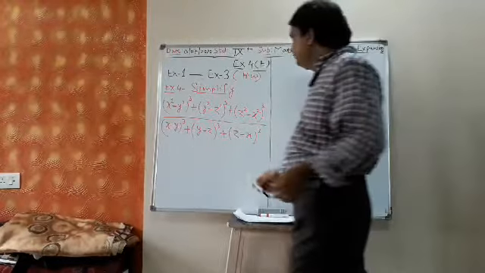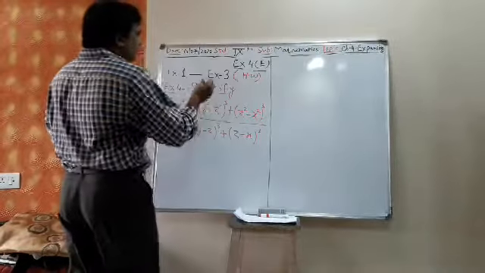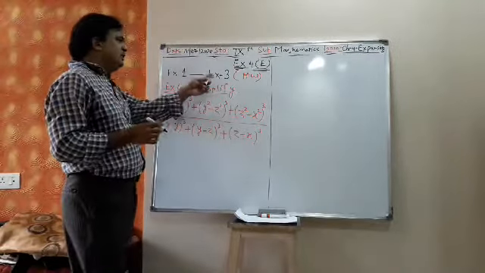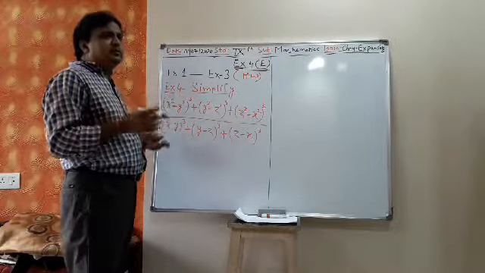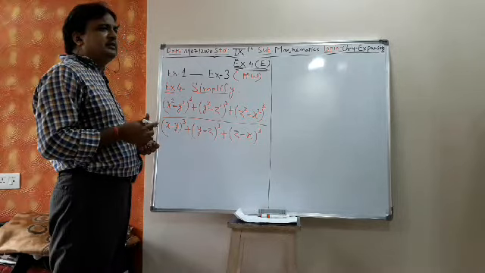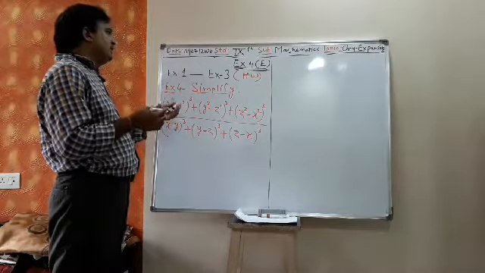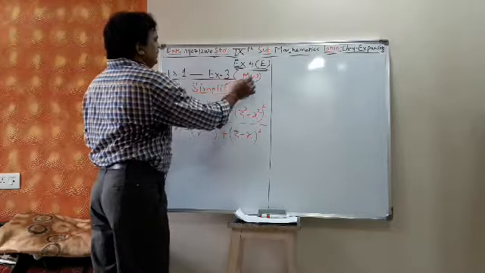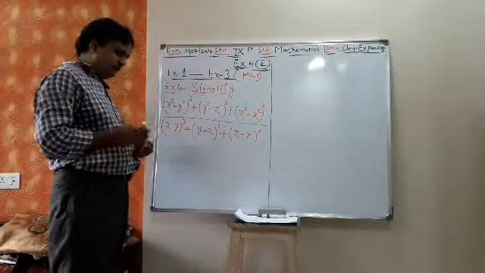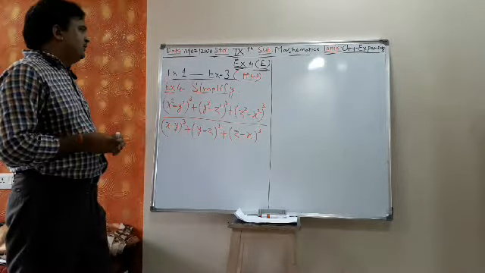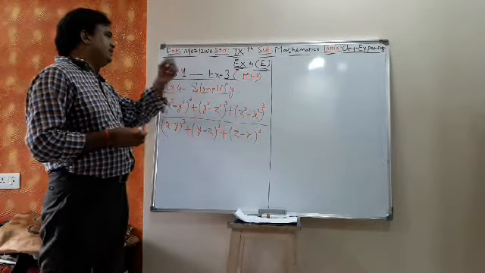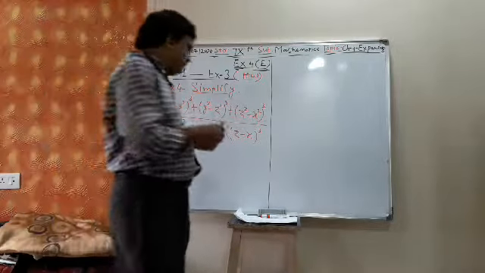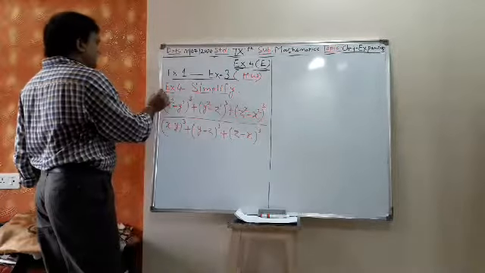Exercise 4E. Yes, mute the microphone. Exercise 1 to 3 are simple problems based on expansion, like (a plus b plus c) whole square. I had given those questions as homework; they are simple, and you can solve them on your own. Such type of problems are not expected in the board exam. So from exercise 4 onwards, we start solving. This 4, you can mark important.